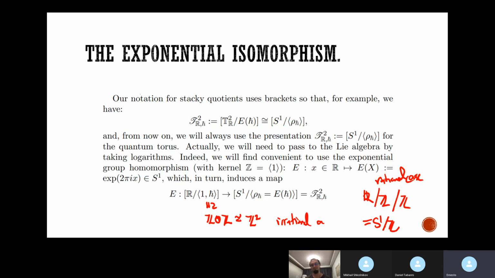Where Z is doing nothing. Z does nothing. And in the stacky world, S1 is kind of an orbifold that has a Z stabilizer everywhere, and it's not exactly S1. It has this additional Z action that does nothing because the two Z actions kind of align into each other. While in the irrational case, we have this Z2. So if you want to imagine it in a way, you imagine R, and then you imagine here Z2,